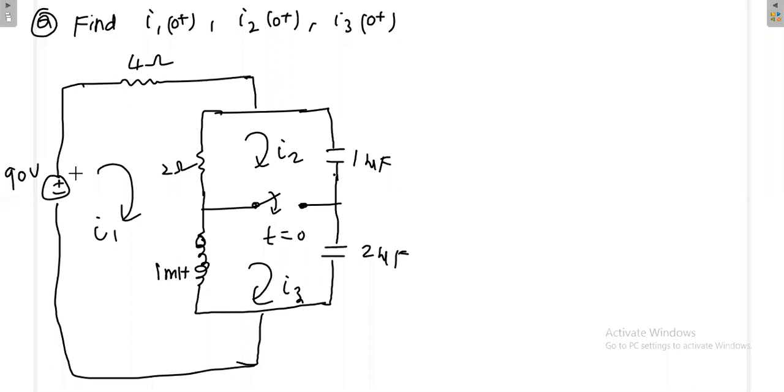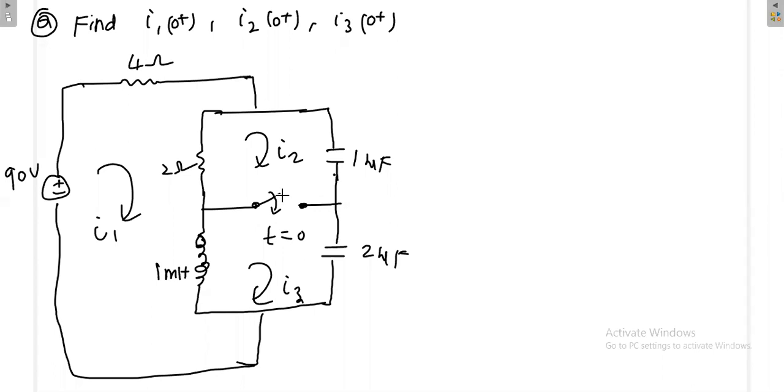So you should know the difference between the loop current and branch current. Both are not the same, there is a little difference. Whenever you observe the common branches, the current in the branch is the difference between the loop currents. Anyway, you know this from the mesh equations, where we generally put the loop currents. So now, what is the state of the circuit at t equal to 0 minus?